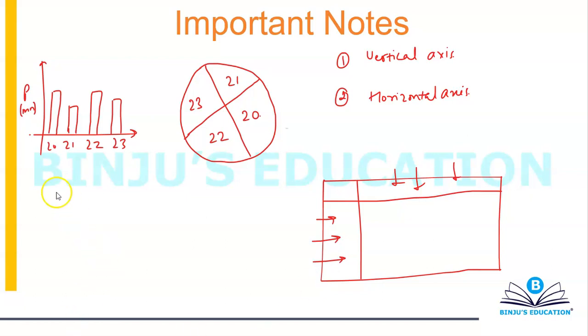One is the time constraint. You can't spend too much time. So I'm going to explain what goes on in my mind while I'm solving a DI set, because I'm usually able to solve a data set in around 5 to 7 minutes if I have 3 to 4 questions. That's around 1 minute or 30 seconds per question, which is a good enough time for me with higher accuracy. That is the time constraint.